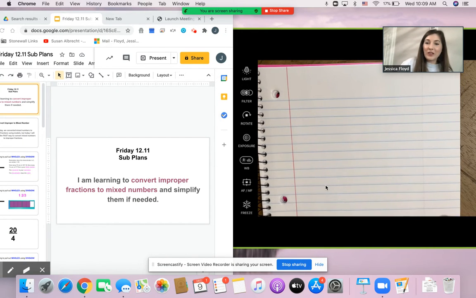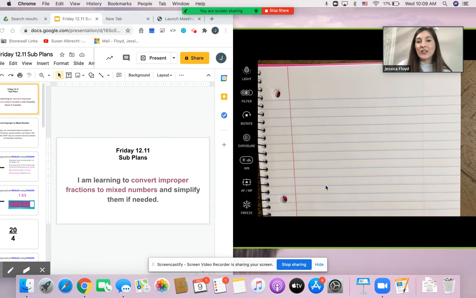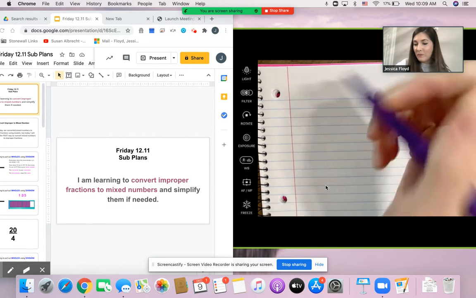Today, we are going to be learning more about mixed numbers and improper fractions. Yesterday, we learned more on the modeling side. Today, I'm going to show you a very quick way to convert improper fractions to mixed numbers. And if you remember,